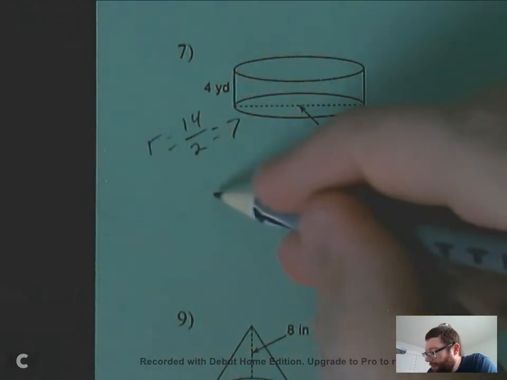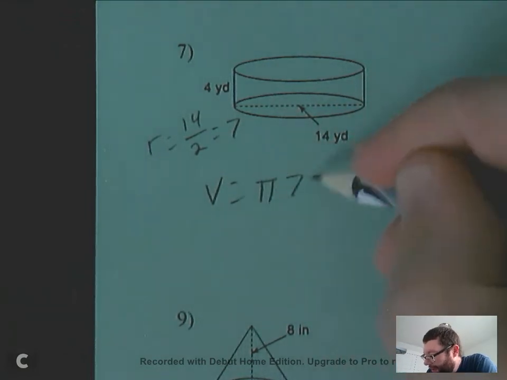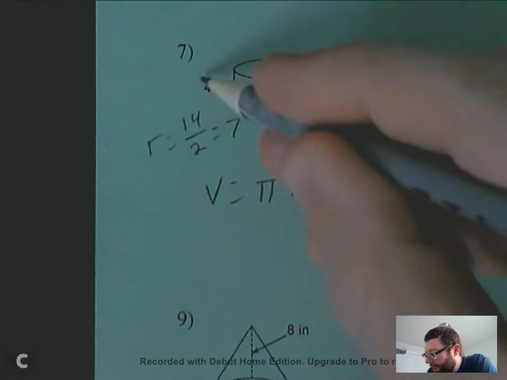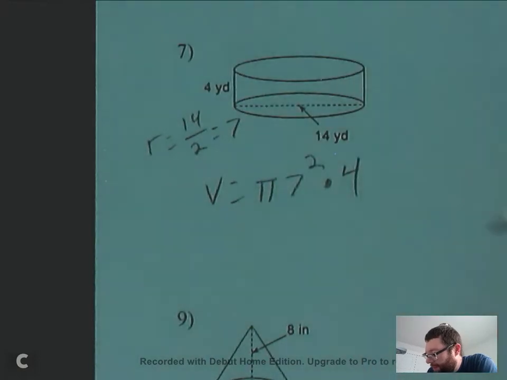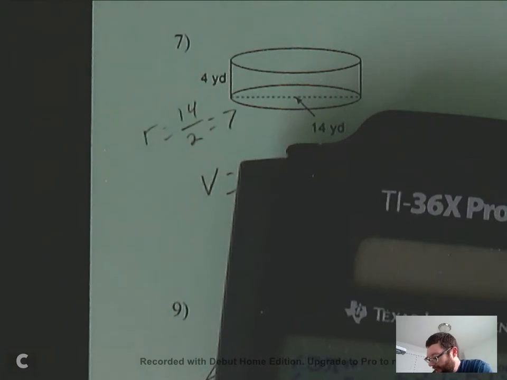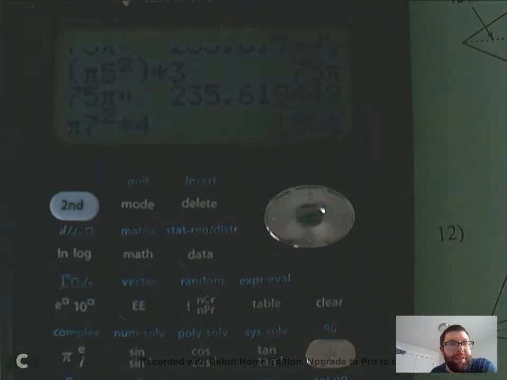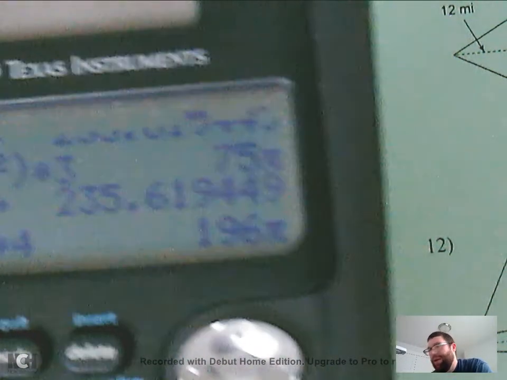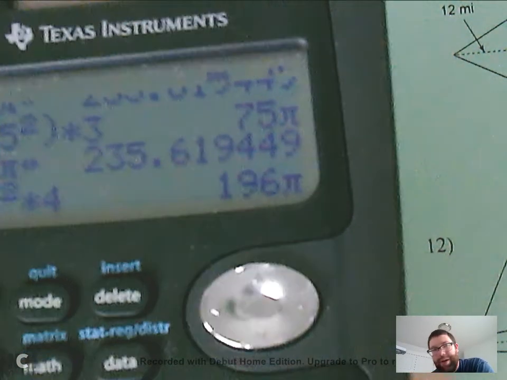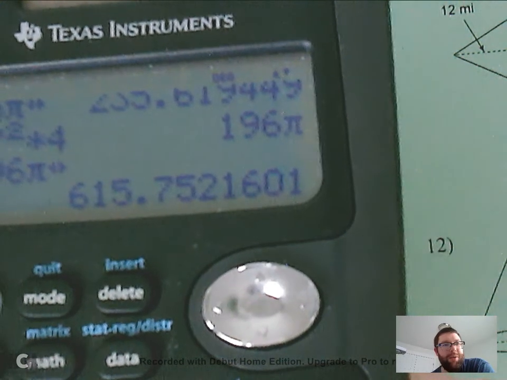So you set up your formula. Volume is equal to pi 7 squared times the height, which is 4. Okay, so on my calculator, pi 7 squared times 4, like so, is 196 pi, and I want it as a decimal, so I click that fraction to decimal button. It becomes